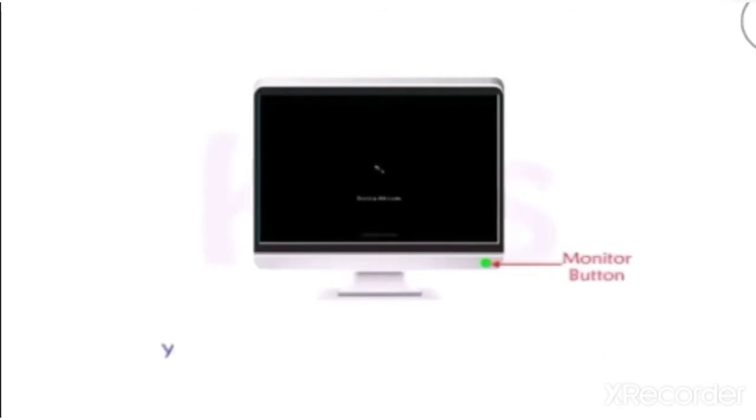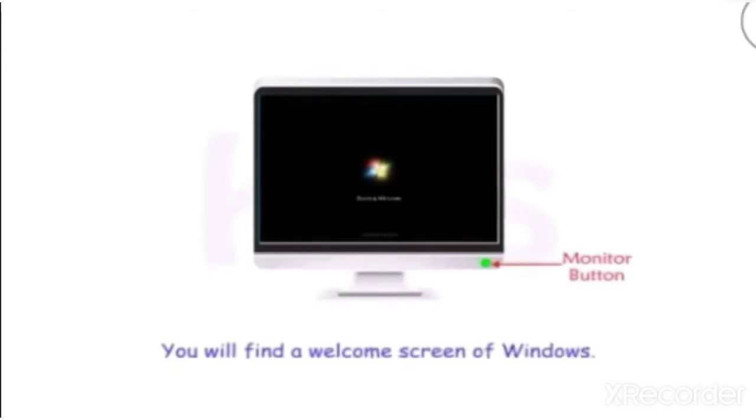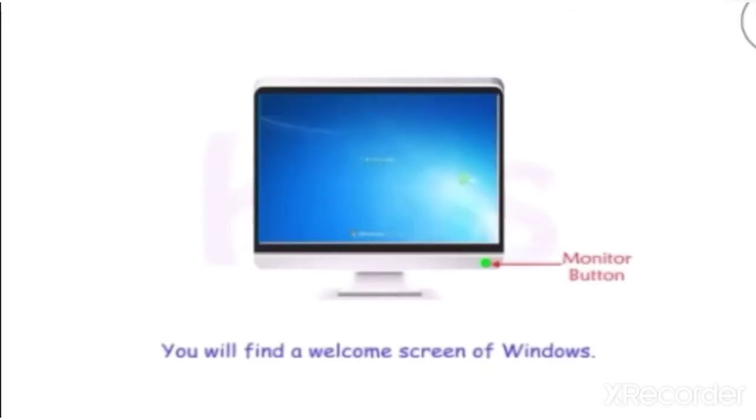You can see this picture also in your book on page number 33, right? You will find a welcome screen of Windows like you can see on the screen here. Now you can see the computer is starting, right?